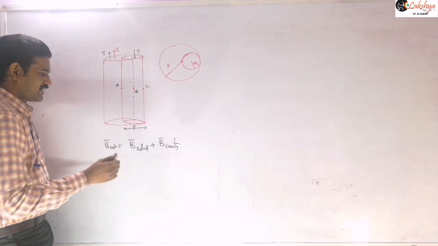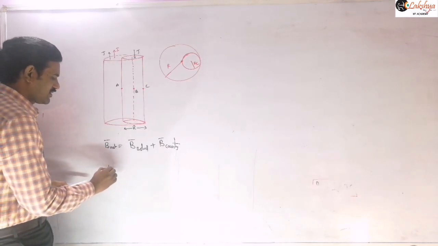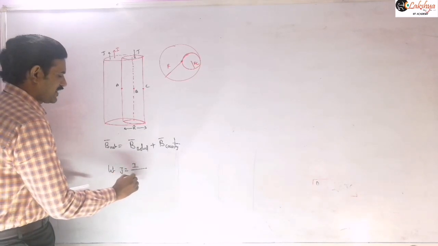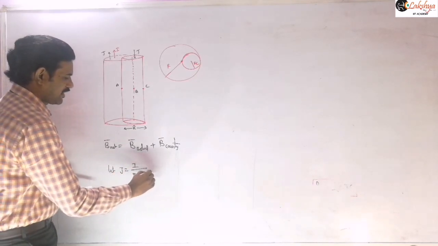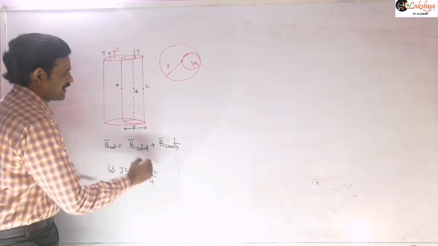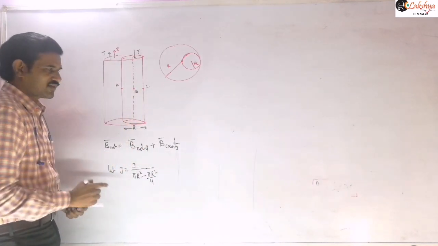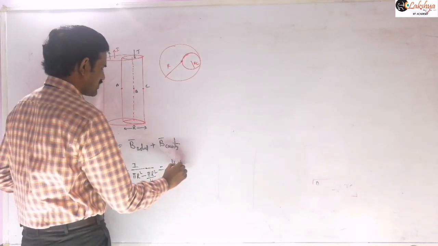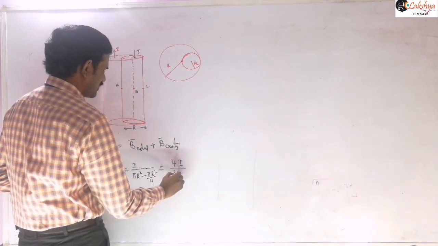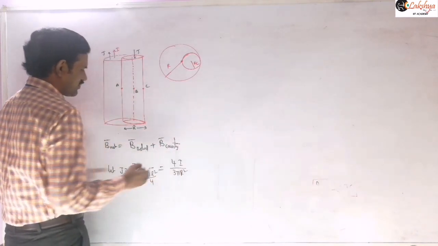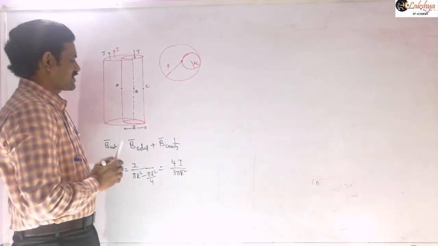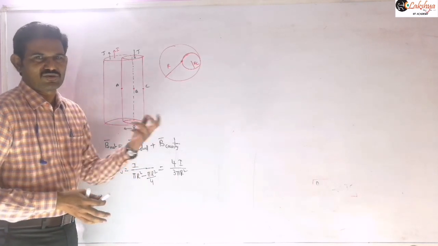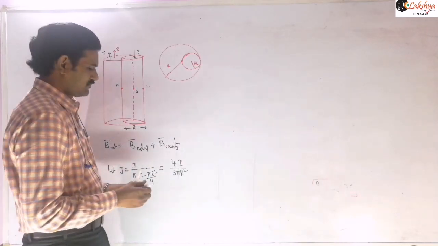Now let us write this J value. Let J be the current density, which we can write as I by pi r square minus pi r square by 4, that means pi r square by 4 area. This area we need to subtract because the current is flowing only in the remaining area. Which I can write as 4I by 3 pi r square. So this is our J value. Let us keep this value, and finally I am going to write in terms of J only. Finally I will replace that J with this.